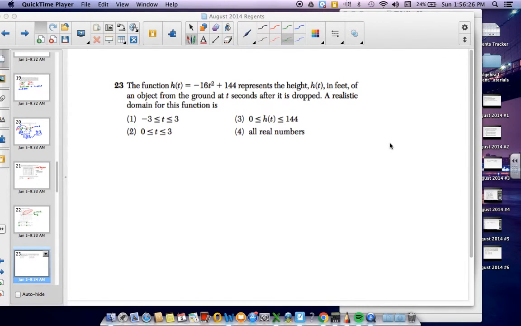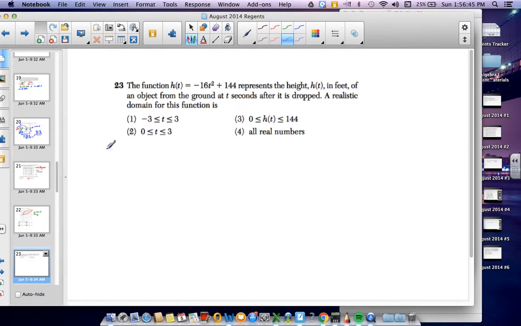Hello everyone. For number 23, we're given a function h of t, which is one of those kind of like throwing an object or dropping an object type, almost like a physics related question. And I want to know what would be a realistic domain. So if h of t here is representing the height of the function,